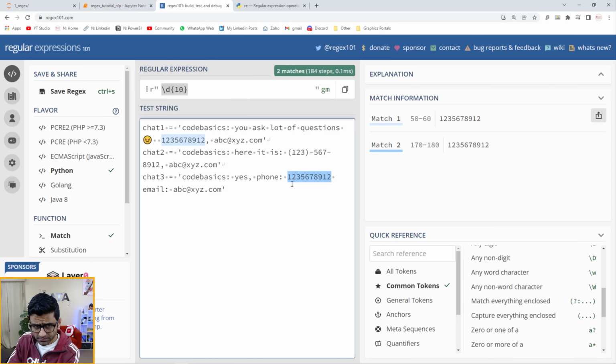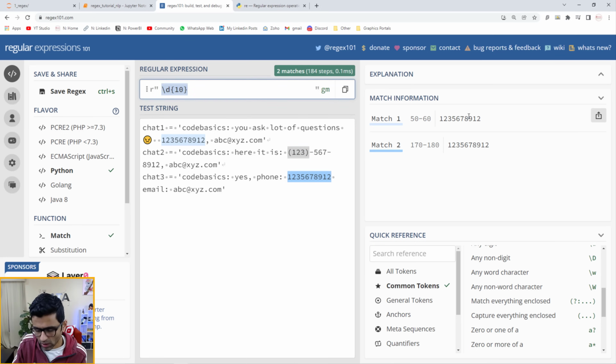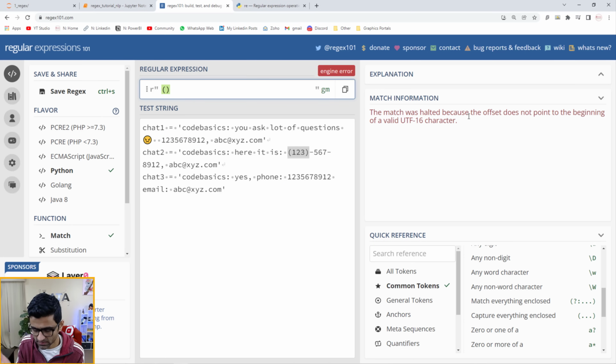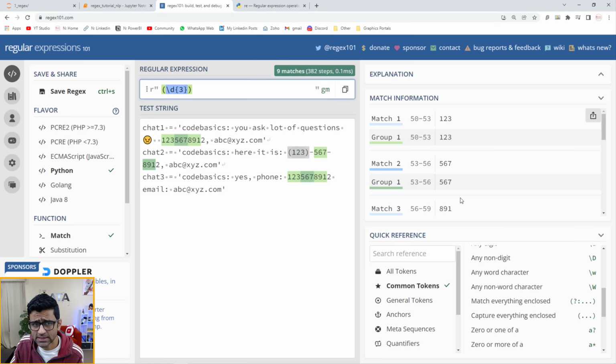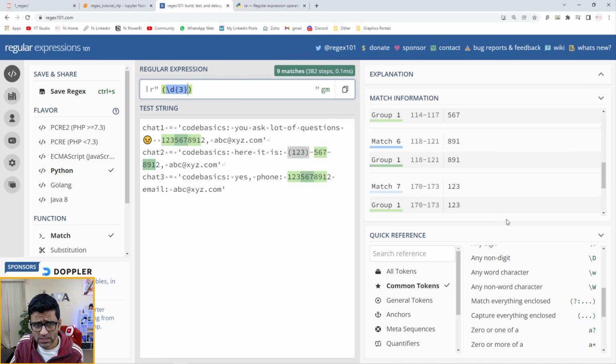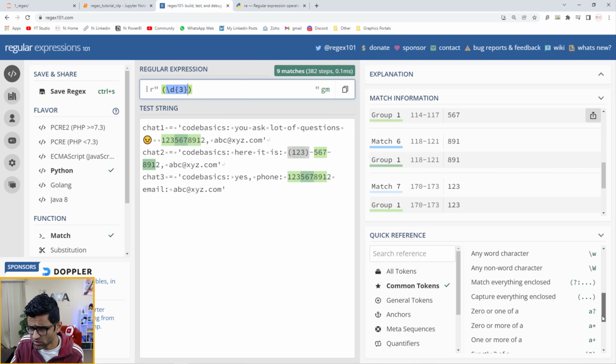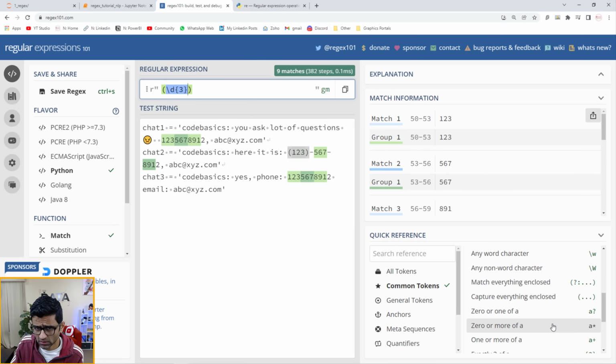So here the pattern I have is a bracket, and inside the bracket I have 3 digits. So let's try to retrieve that portion. How do you specify a bracket? Well, I can just say this, and 3 digits is \d{3}. We already looked at it, right? But the bracket has a special meaning actually, which is to capture everything. And for that reason, I need to use